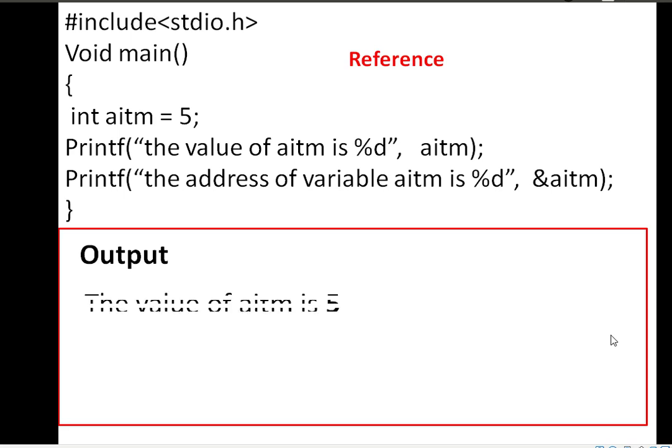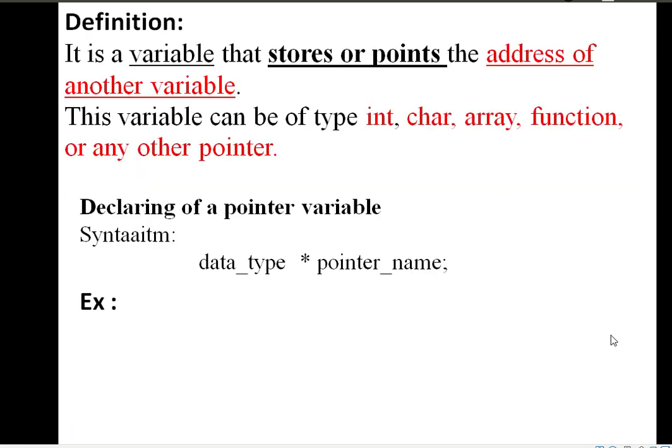Okay, so now come to the point, the definition of a pointer. What exactly does a pointer tell? Pointer means pointing, isn't it? Pointing to other things. In general, a pointer points to other things.